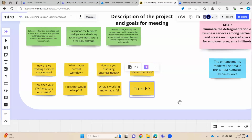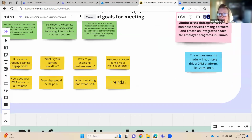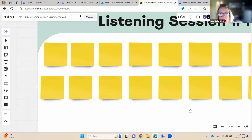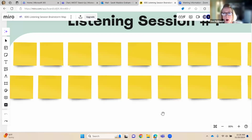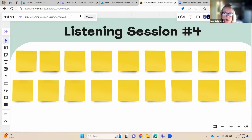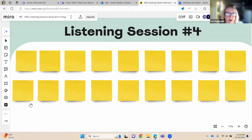Any questions on any of the information that I have just explained? You're welcome to raise your hand and open up your microphone, or you can type it in the chat. We'll watch that. One of the things that I want to catch first, Sarah, is what tools are they currently using? So if you want to go to that,